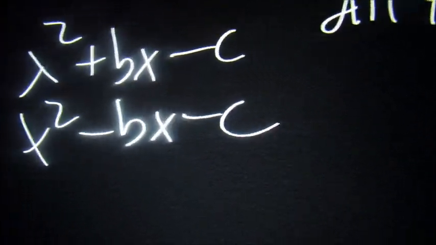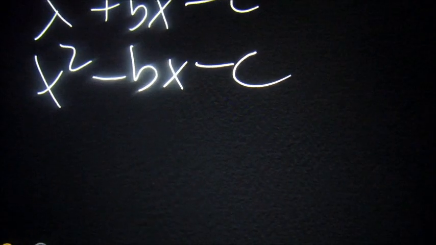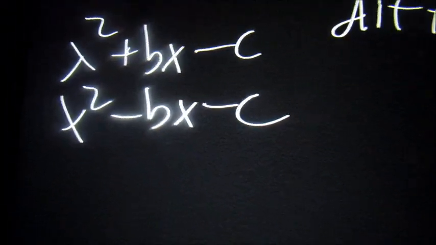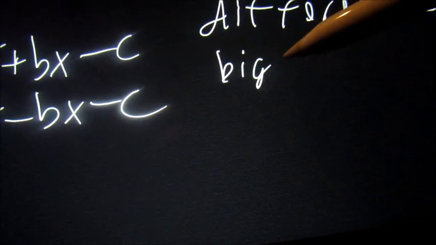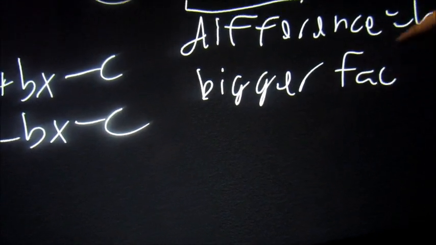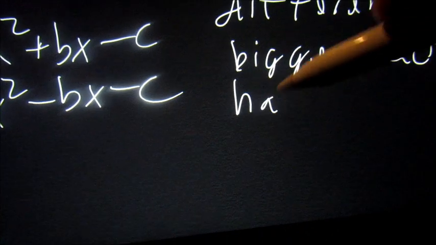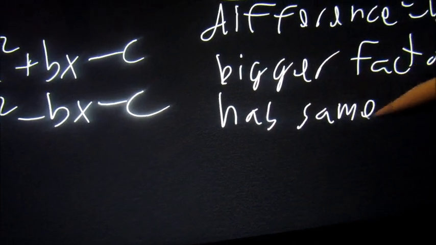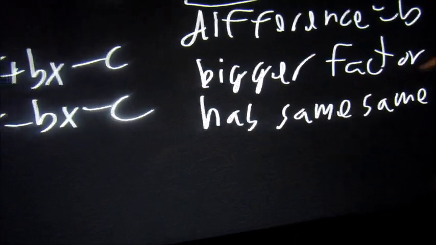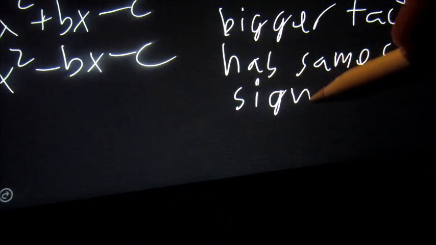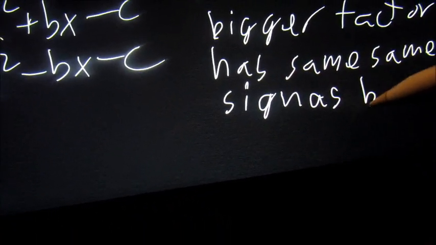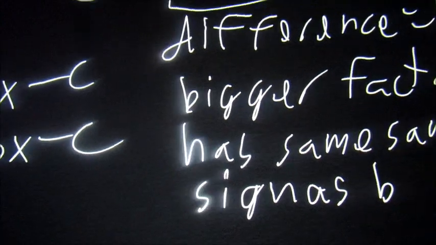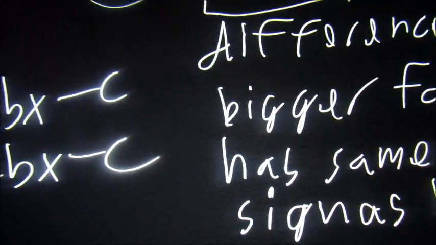And whatever sign the b is, that's going to be your bigger number. So the bigger factor has the same sign as b. All right, so some examples of this